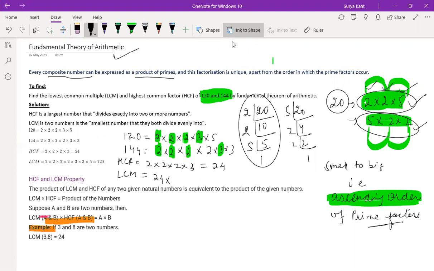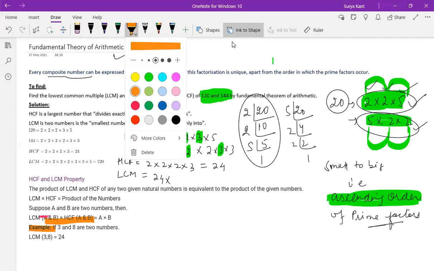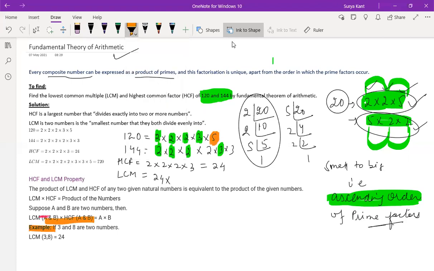Then you multiply by this orange part. You should multiply the complete orange part: 5, 2, 3. So you get 24 into 5 into 2 into 3. Multiplying, what are you getting? 720. So like this, we can find the HCF and LCM of two numbers. Anyone having doubt in this? Any one of you having doubt? No, sir. If you have three numbers, you do the same way, okay? If you have two numbers, then also you do it in the same way.